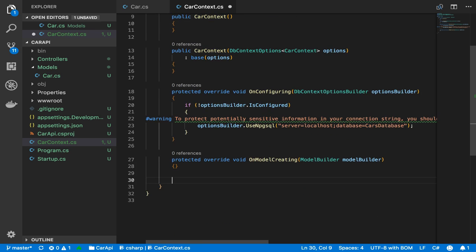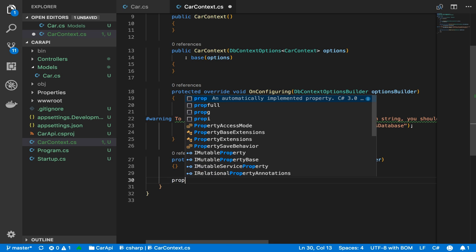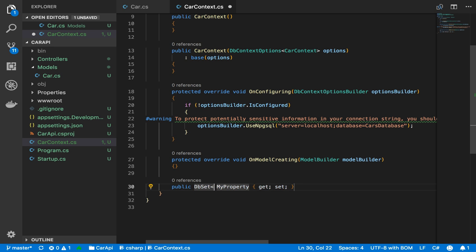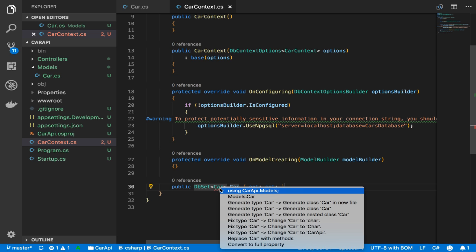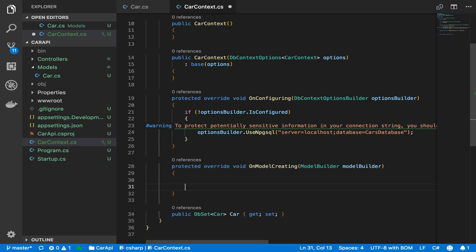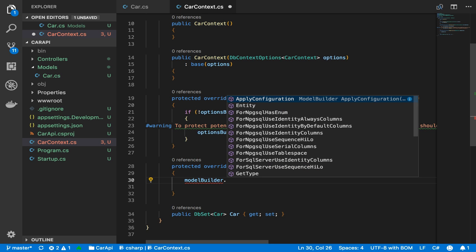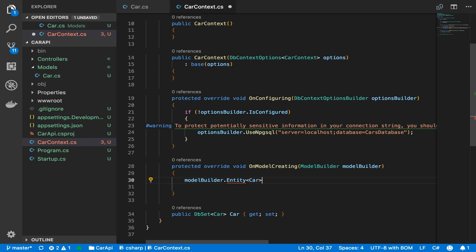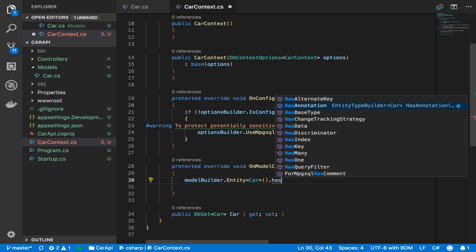And now let's give it our first table. Prop DbSet Car. Now we're getting a little red squiggle because our model is in a different namespace. You need to use it. And then while we're at it, let's give it some data, right? ModelBuilder.Entity Car .HasData